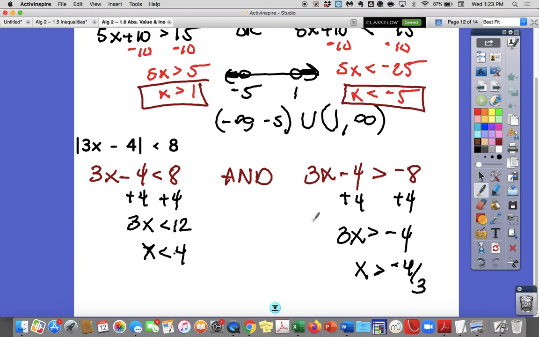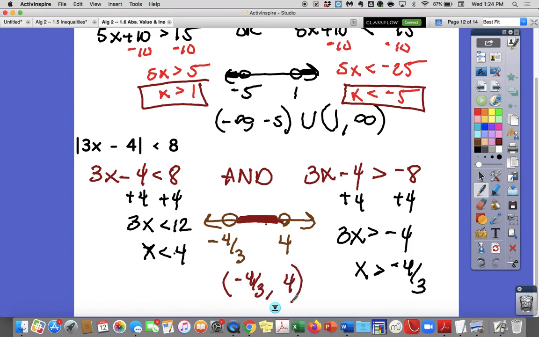Okay, moving on to our graph. You know you're going to have the two values. Positive one is the larger one. The negative one goes on the left. It is an and, so you should expect to shade in the middle. Neither one of them have the line underneath it, so we just have from negative 4 thirds up to 4 with parentheses. And that gets you basically all you really need for